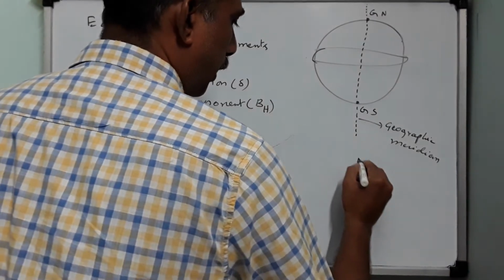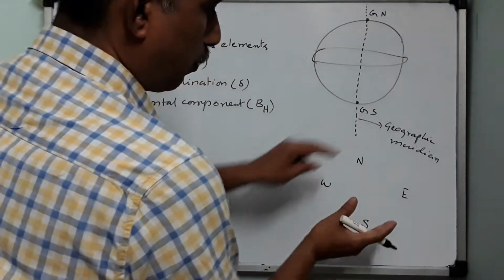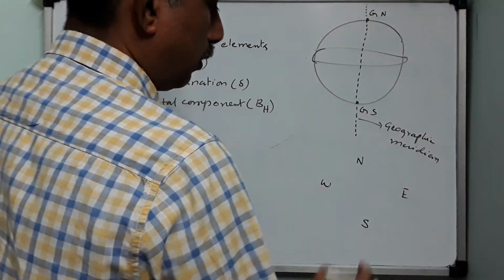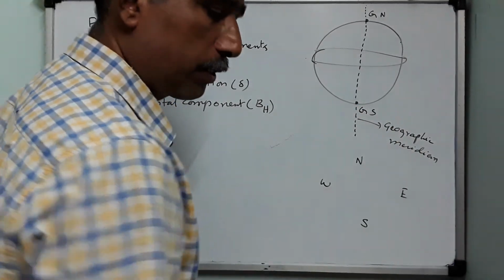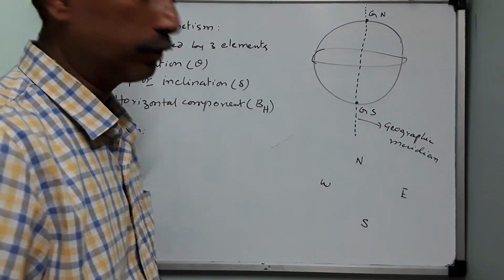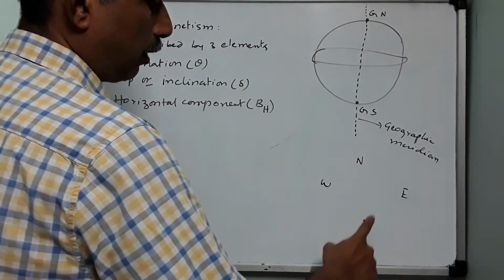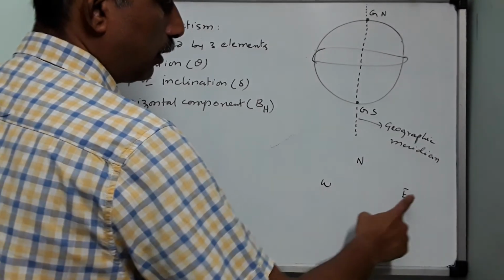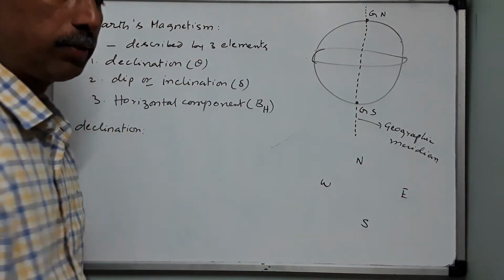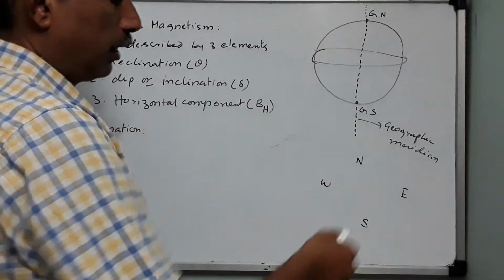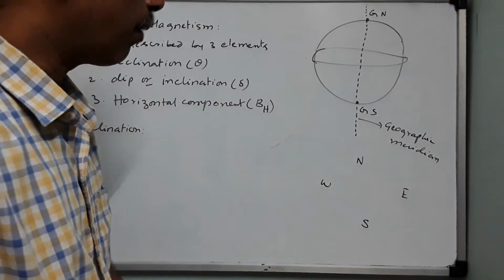There is north, south, east, west. So when you rotate this diagram by 90 degrees, east will come here, west will come here, north will come here, south will come here. When you face it here, your left hand side is north, right hand side is what? South. Okay. But this is actually the way in which we denote the geographical directions in the map.